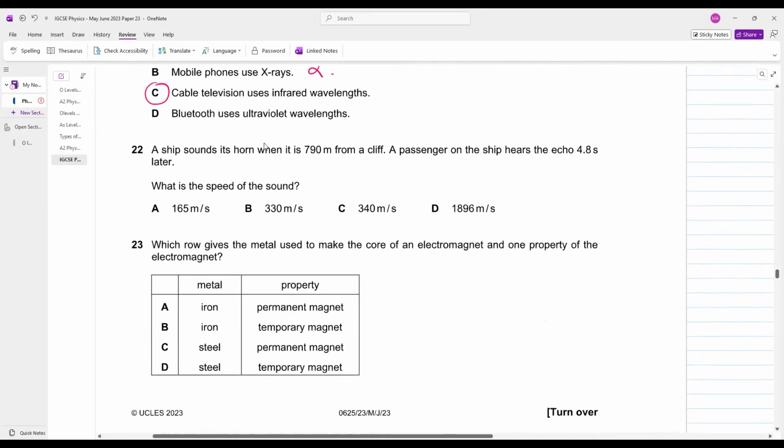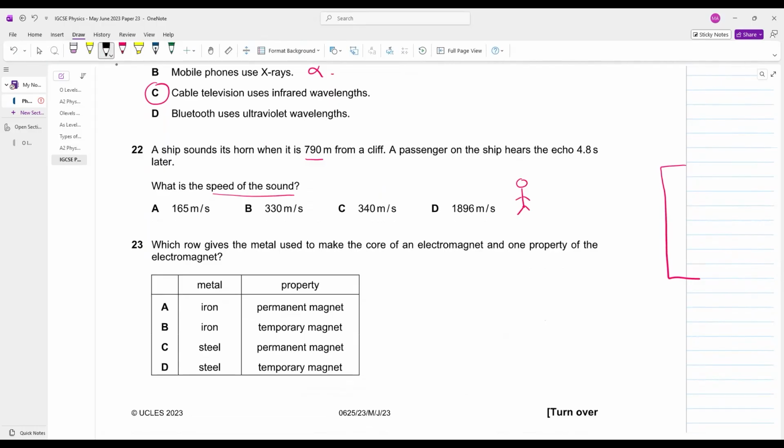A ship sounds its horn 790 meters from a cliff. A passenger on the ship hears the echo 4.8 seconds later. What is the speed of the sound? You have to calculate the speed of the sound. How will you do that? Let's say you are standing here, 790 meters